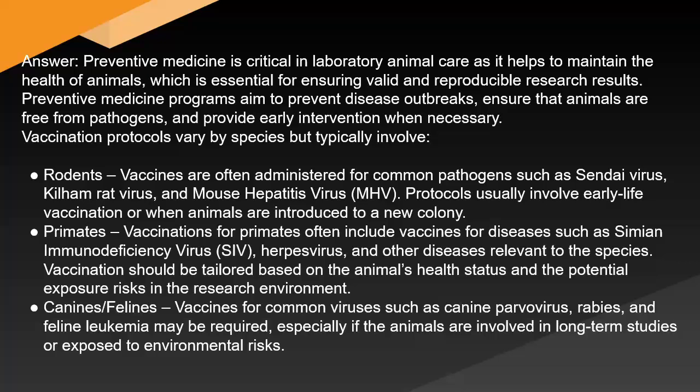Vaccines are often administered for common pathogens such as Sendai virus, Kilham rat virus, and mouse hepatitis virus (MHV). Protocols usually involve early life vaccination or when animals are introduced to a new colony. Primates: vaccinations for primates often include vaccines for diseases such as simian immunodeficiency virus, CIV herpes virus, and other diseases relevant to the species. Vaccination should be tailored based on the animal's health status and the potential exposure risks in the research environment. Canines, felines: